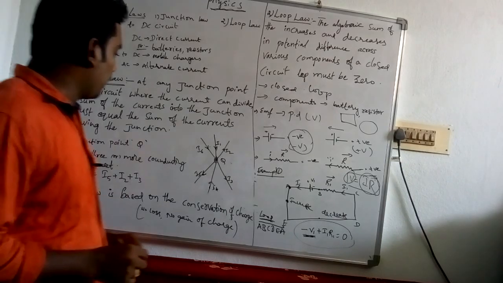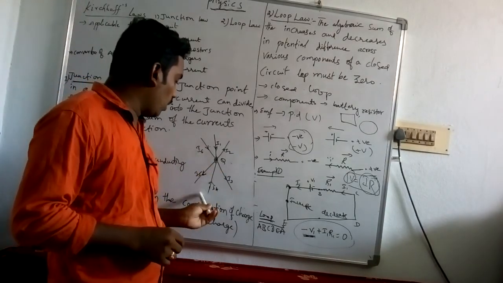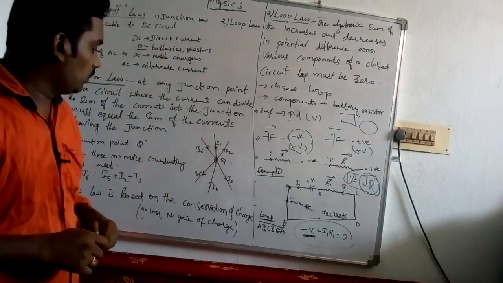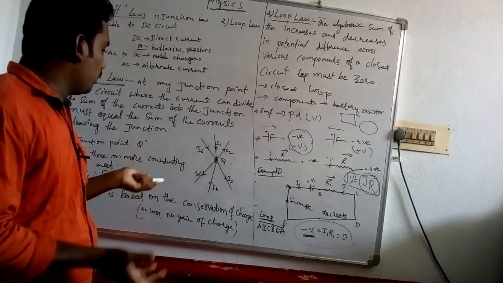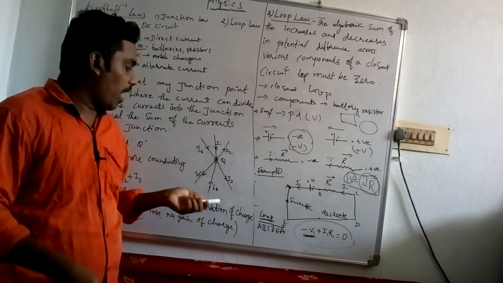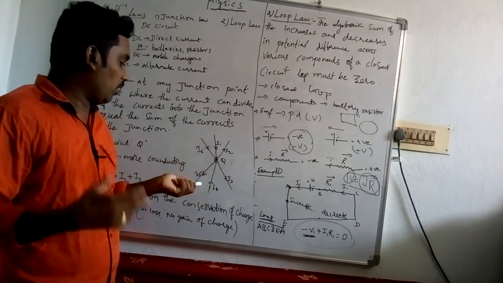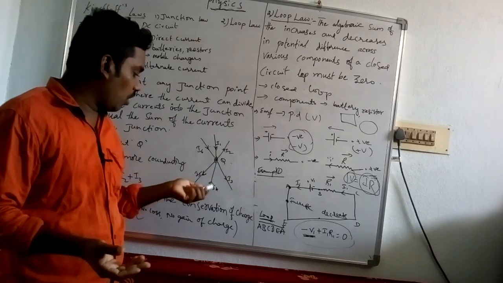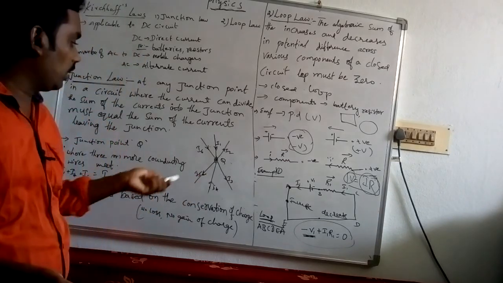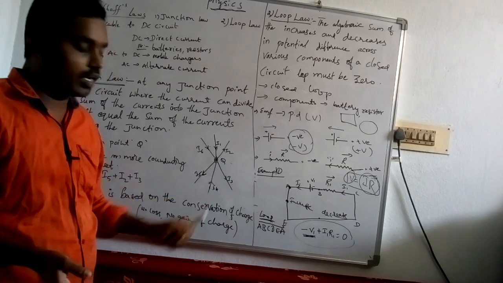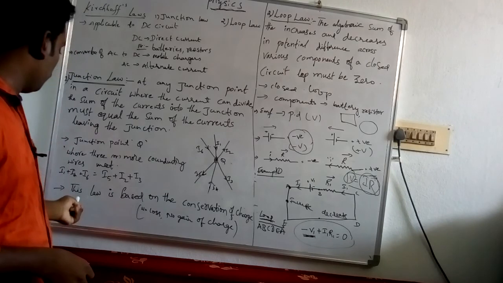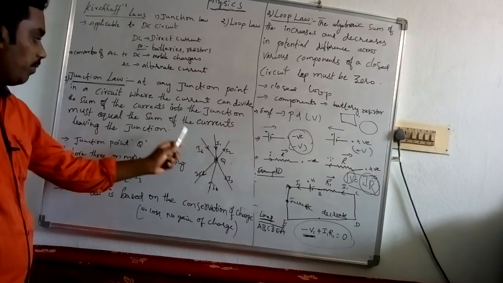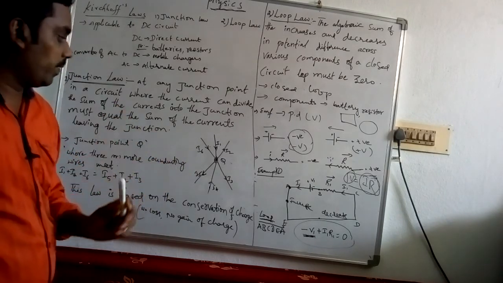Here incoming current wires are 3 and outgoing current wires are also 3, but we need not take exactly 3 wires. Suppose incoming wires are 3 and outgoing wires are 2; it depends on the magnitude only, and we are going to do the problem that way. Okay, how many are incoming, how many are outgoing.